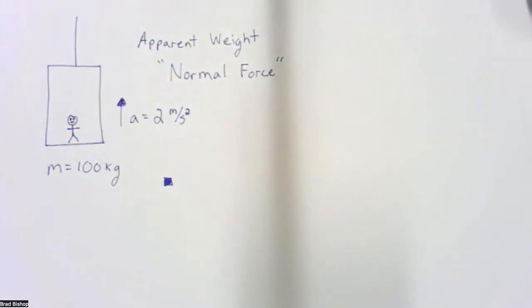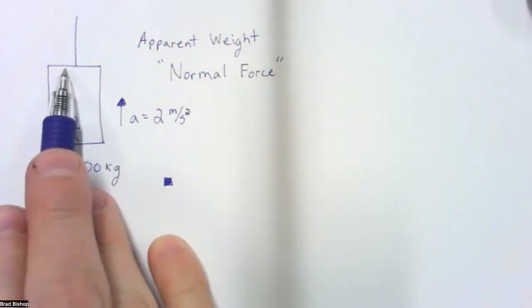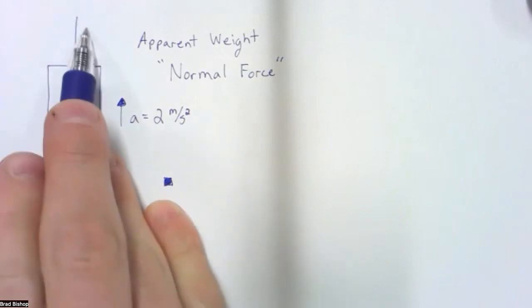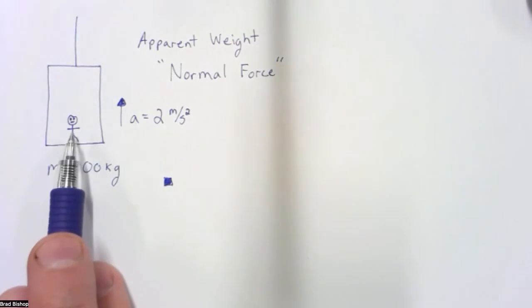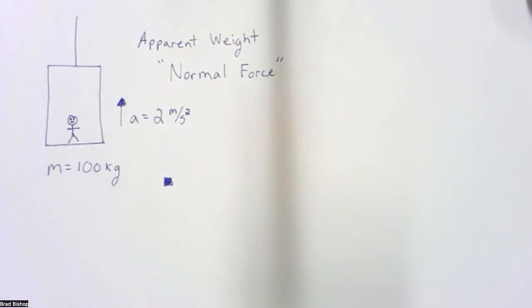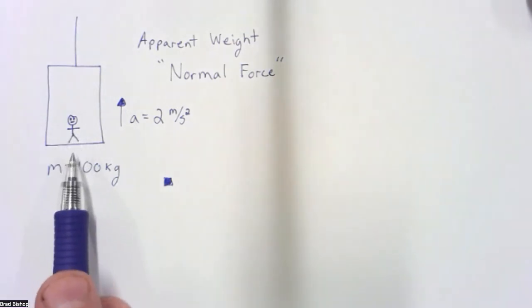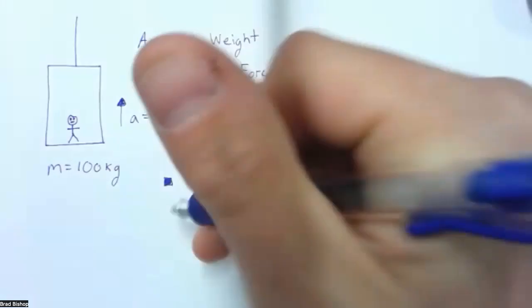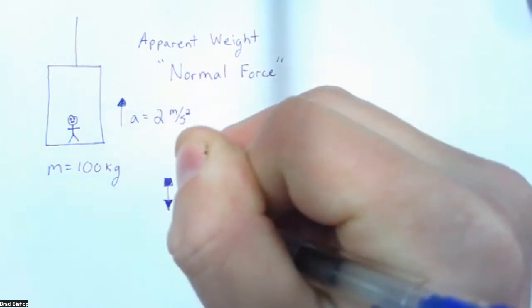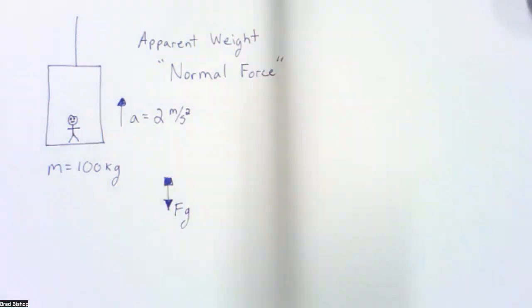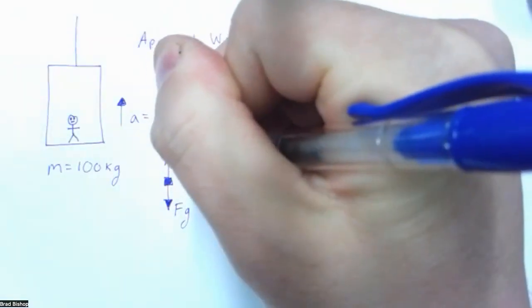And in this free body diagram, I am not looking at the elevator. So I do not need to worry about the tension in this cord. We are just looking at the forces that are acting on our person here. And so what forces are acting on our person? There are only two. The person, of course, has a weight. So the force of gravity, or the weight, is directed downwards as always. And then, of course, there is a normal force